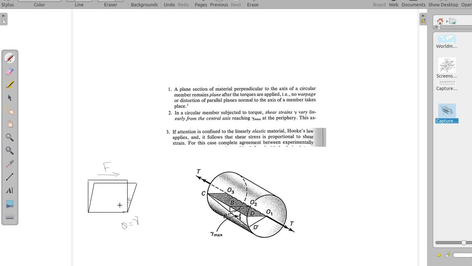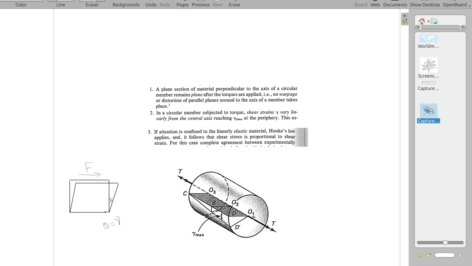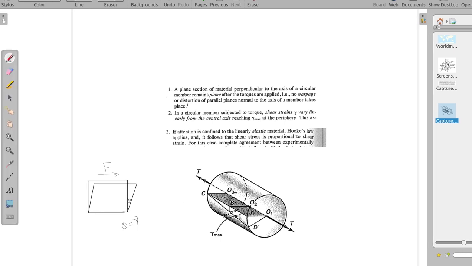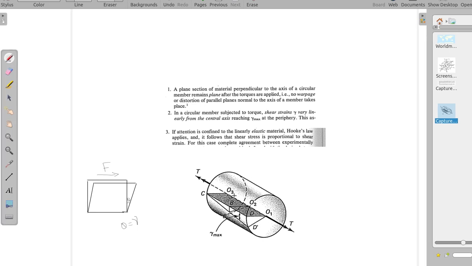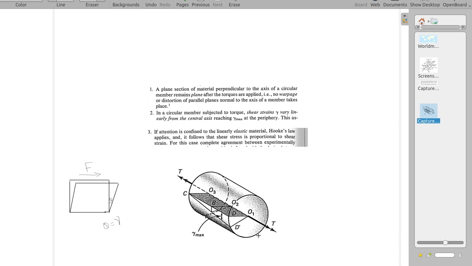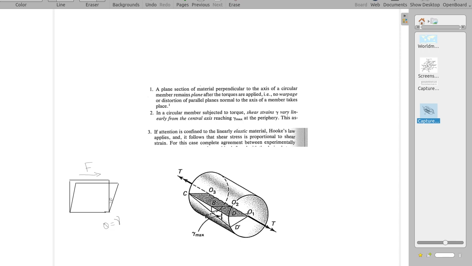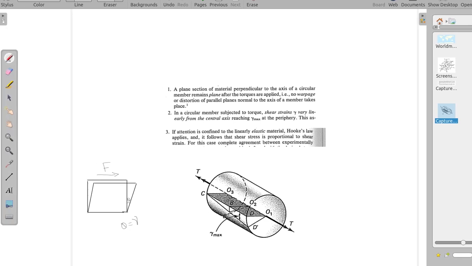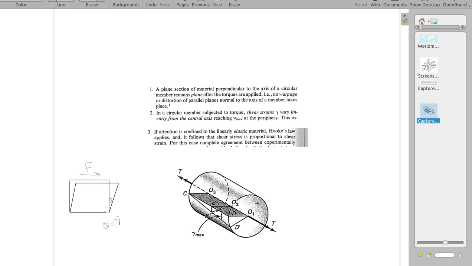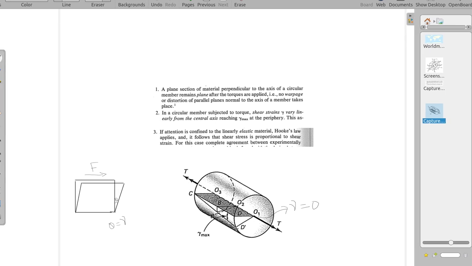So that is how shear strain is defined. Here in this case you can see that O1, O3 is lying on the axis of the member, and it remains that way even if torque is applied. There is no angle here, so the shear strain gamma is 0 at the center, and at the outer surface you can see that